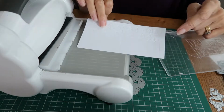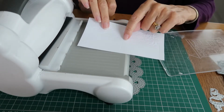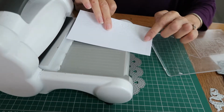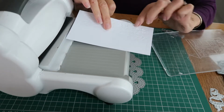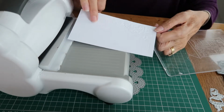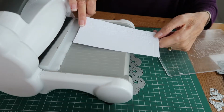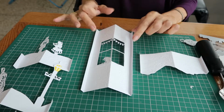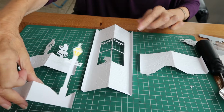And then all I'm going to do is follow around the snowy edge to make my canopy. And if I want to make it a bit deeper, I'll just add a bit more of the tree effect to create my snowy shape. So once you're done with your embossing and your sticking, and also I did a little bit of colouring of